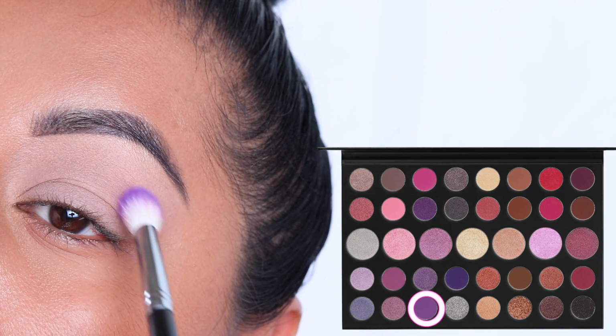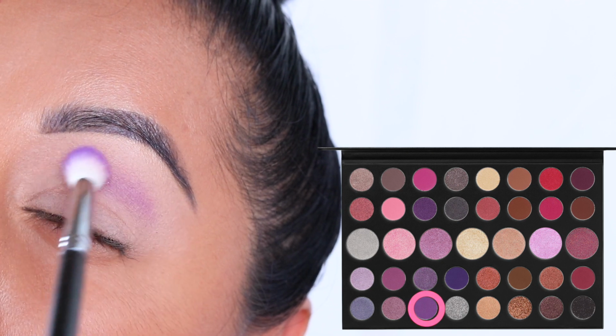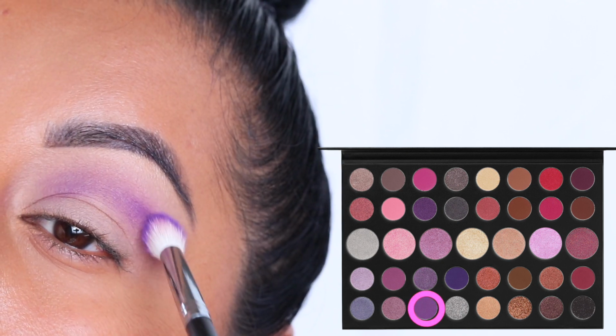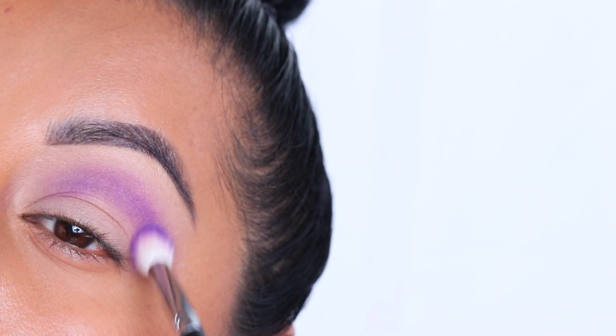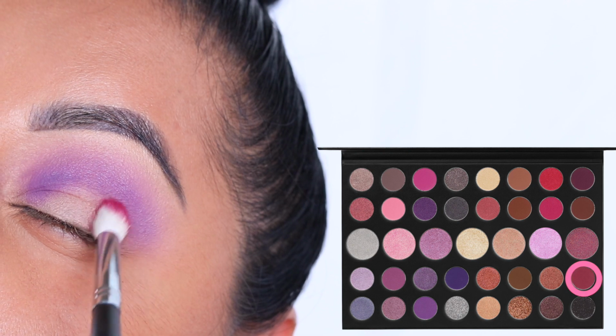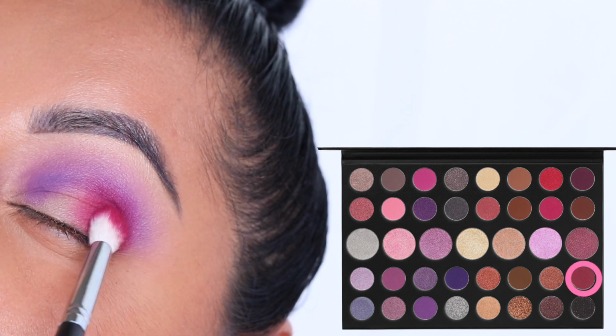So before I apply my transition shade, I already primed my eyelid using MAC Painterly Paint Pot. With the Morphe M441, I'm applying a light matte purple shade, and I'm applying this a little bit above my crease. Next, with the Morphe M441 brush, I'll be applying a matte cranberry shade, and this eyeshadow is going to